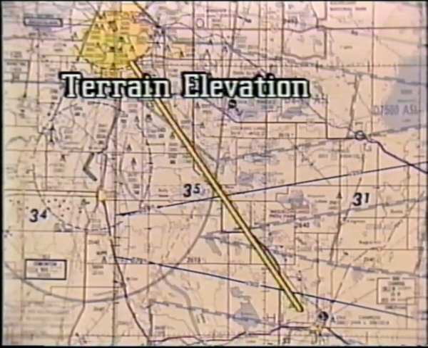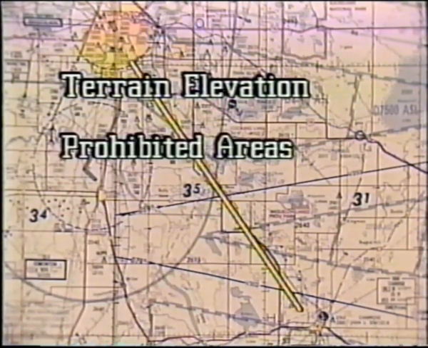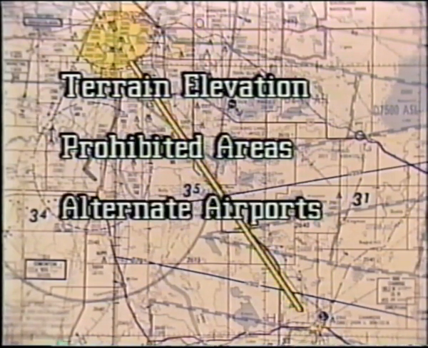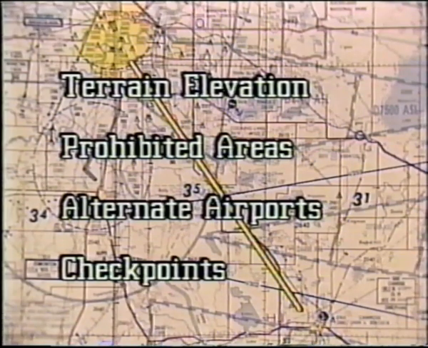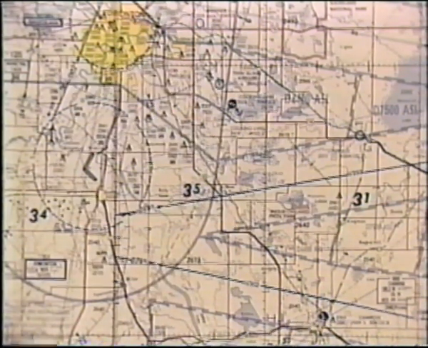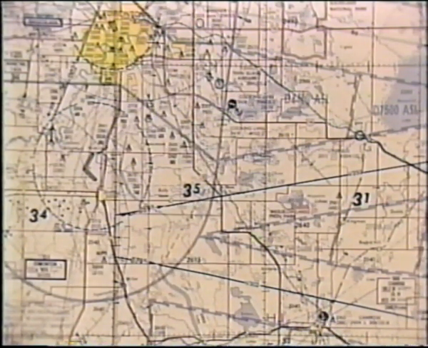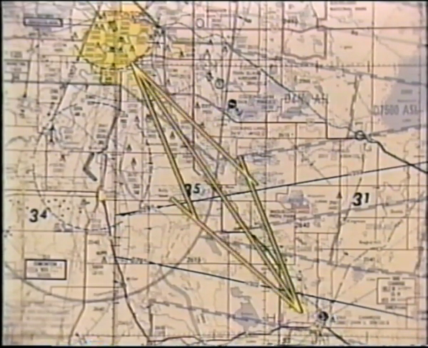Make sure you will not be flying through any danger or prohibited areas. Make a list of alternate airports and keep track of where your checkpoints are. To help you make in-flight corrections to any deviation from your track, draw drift lines on either side of the